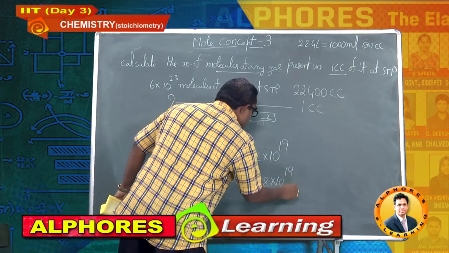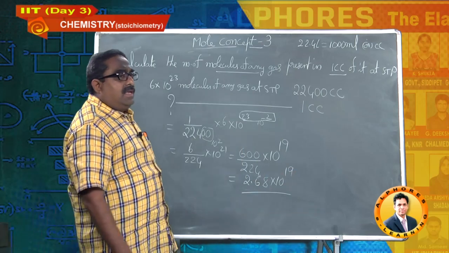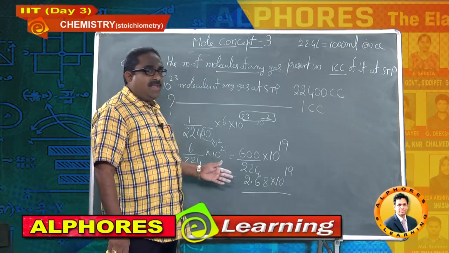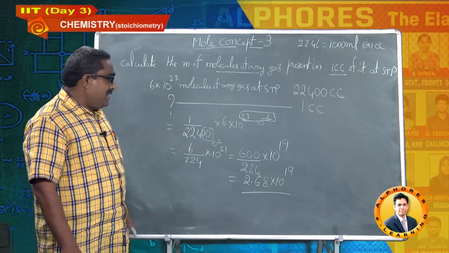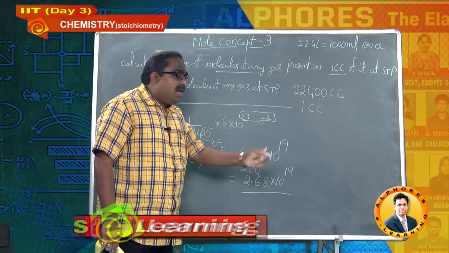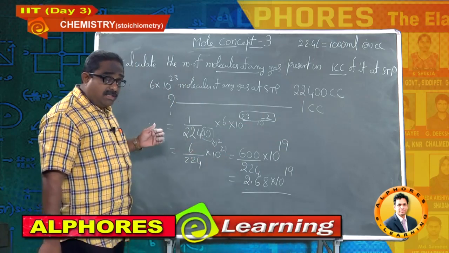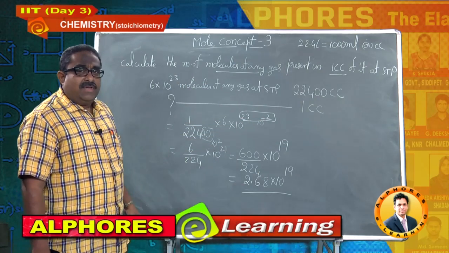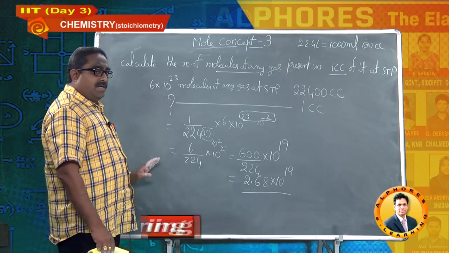This is how to calculate in the simpler way, because in most of the national competitive exams, what we are going to write is nothing but options. You will be having MCQs, A, B, C, D, or 1, 2, 3, 4 options. So the moment you get the answer, you can immediately pick the choice. That's why the calculation ability is also very, very important, especially in physical chemistry. Okay, students?